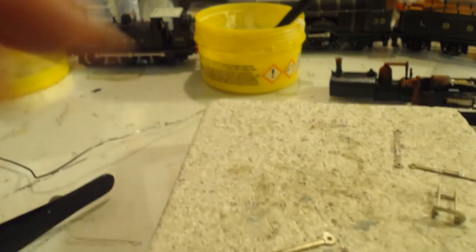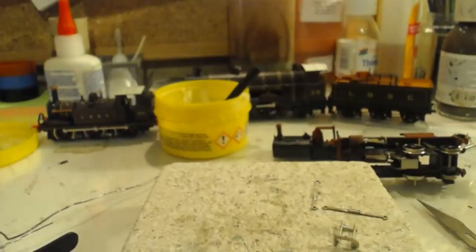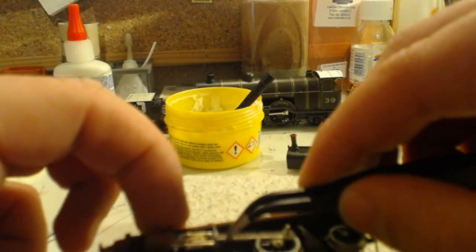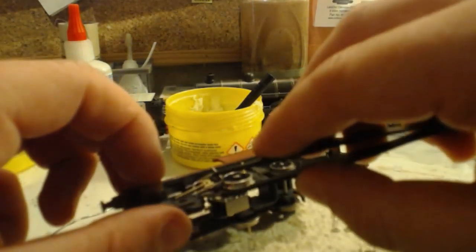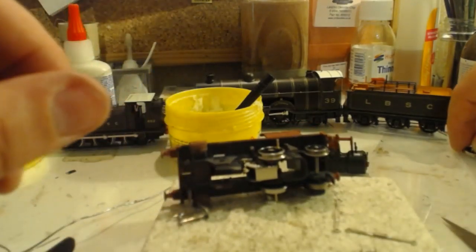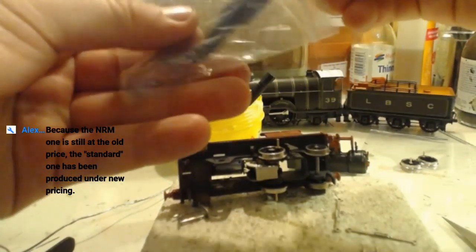And there is a much shorter rod. But obviously the camera wants you to see my hands. There is a much shorter rod. Still doesn't really want to focus, does it? So if I now reach in here and get one of our screws out,